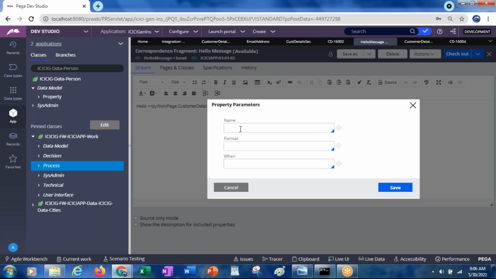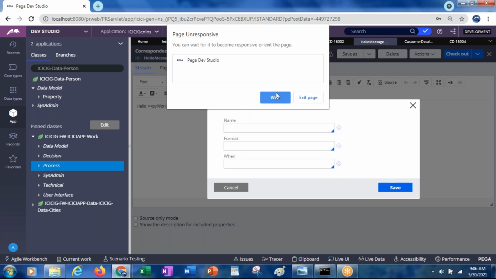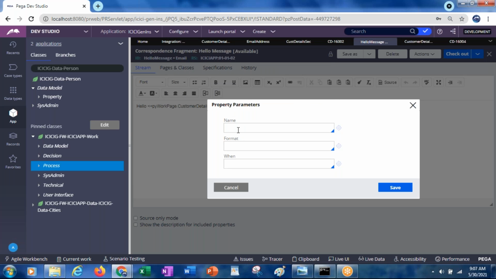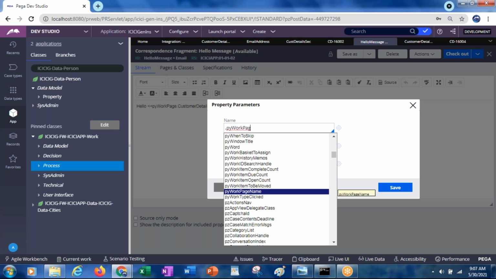You gave pyWorkPage, it did not accept. I inserted it in the form of a property, not directly. Oh, this is property only, right? Yeah. Instead of typing, maybe, let me try. No, not like dot pyWorkPage, only pyWorkPage.